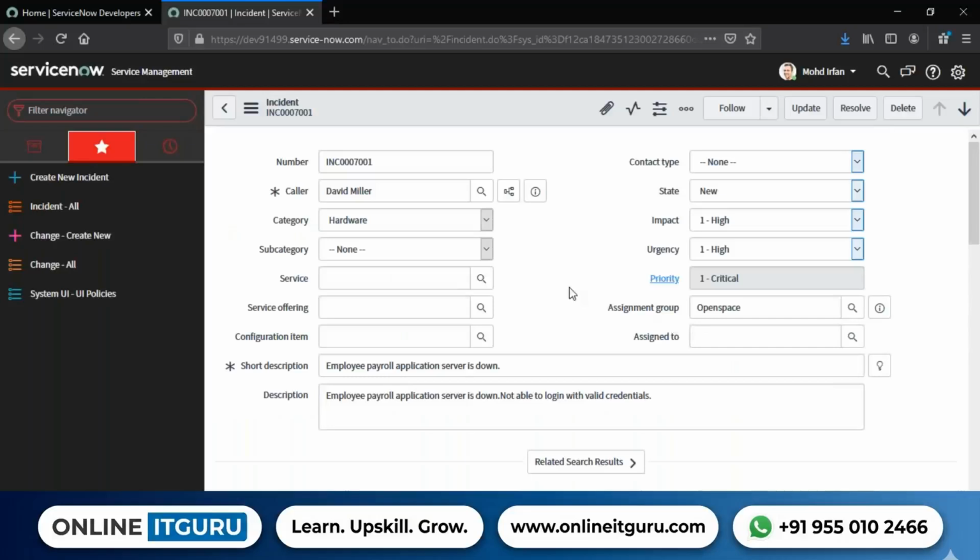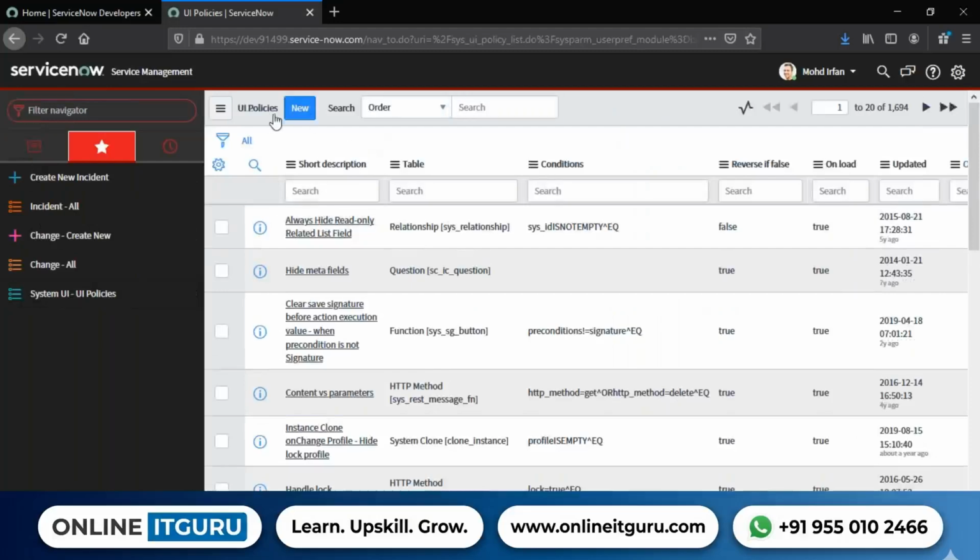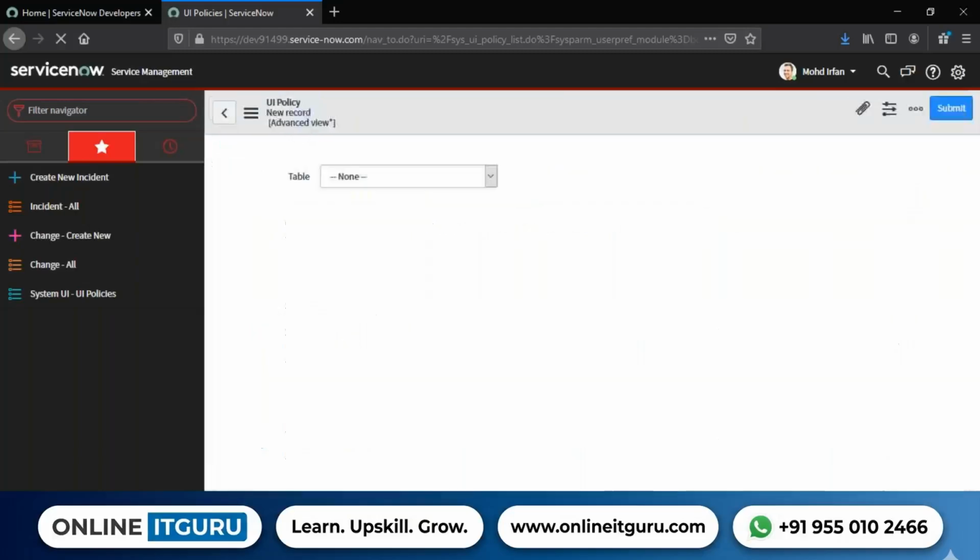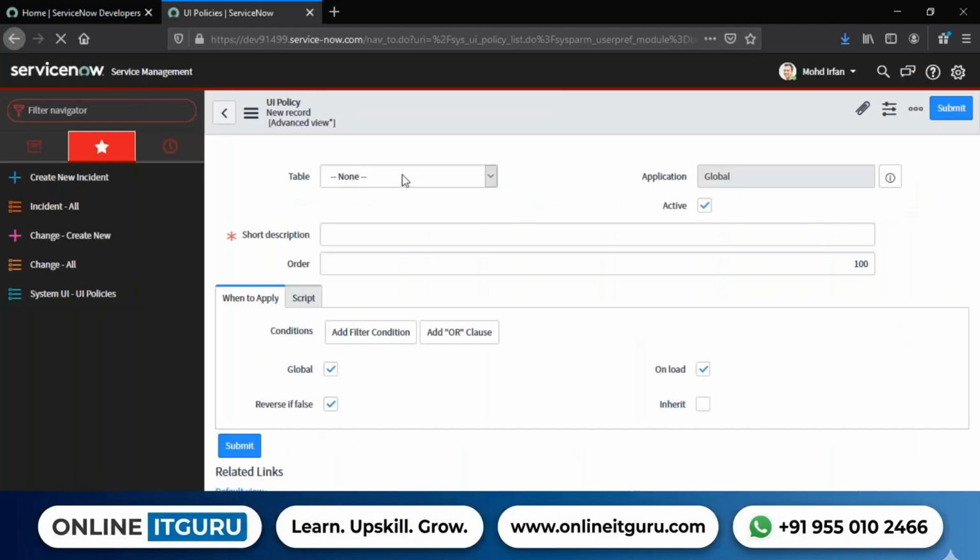Can you show us an example of that? Okay, that's fine. Imagine that. Let's take the concept of UI policies. Do not try to understand what a UI policy is at all; I'm going to teach you that part. So if I click new and then select the table